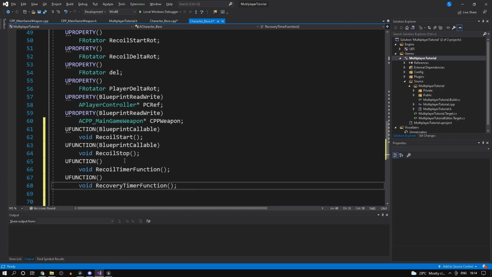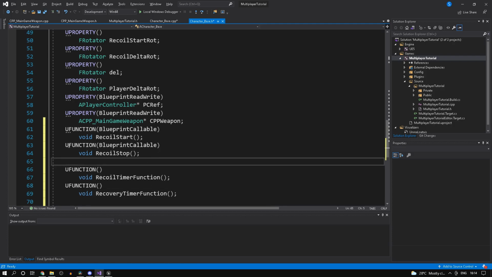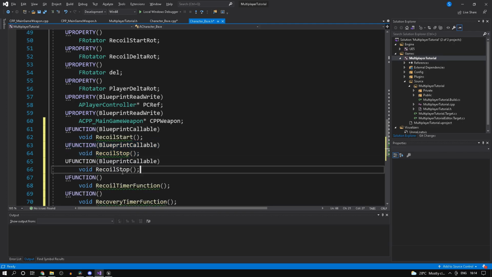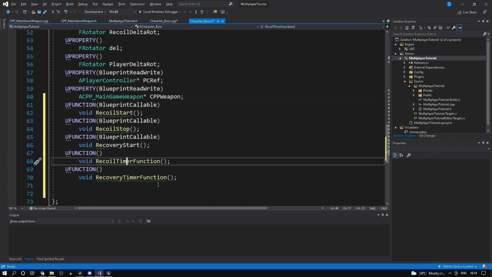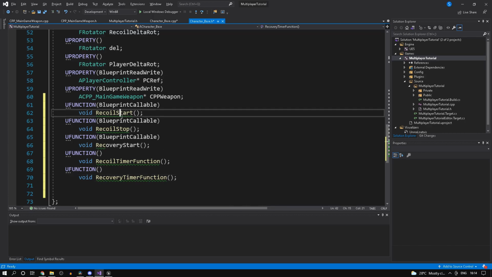Then we'll make another u function and we'll just call this recovery start. So once we have all of this, recoil start, recoil stop, recovery start, recoil timer function and recovery timer function, we can just create definitions for each one.